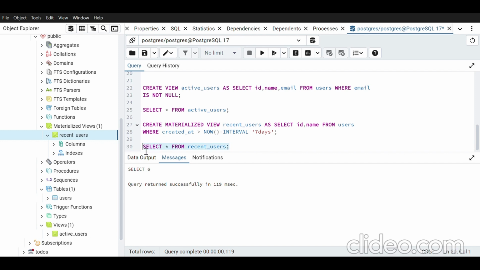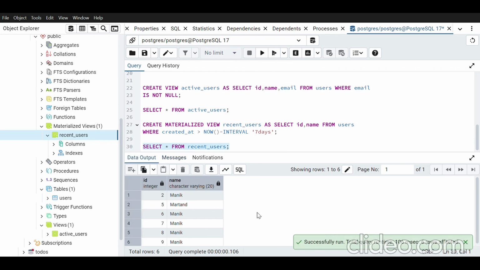Then you can see the data present in this, right? Now we got all the data. Why? Because we have just made it, and it fits the criteria that it should be a week's data. So this is how we make materialized views